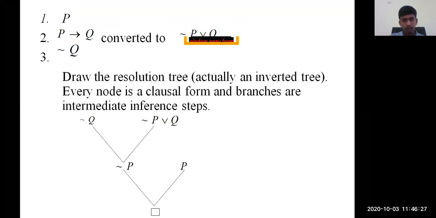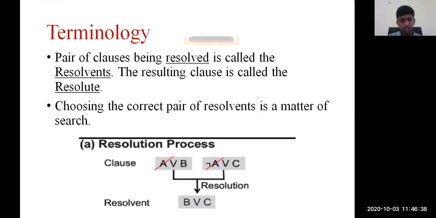Here again, you can see what the conflicting terms are, how they can be eliminated, and later applying negation to that, we need to get some null at the end of the solution. Looking at the terminology involved in the resolution and refutation method, the pair of clauses being resolved is called the resolvents. Here in the first example, you can see the resolvents. The resulting clause is called the resolvent. So the final solution, whatever you are going to get, is called your resolvent.